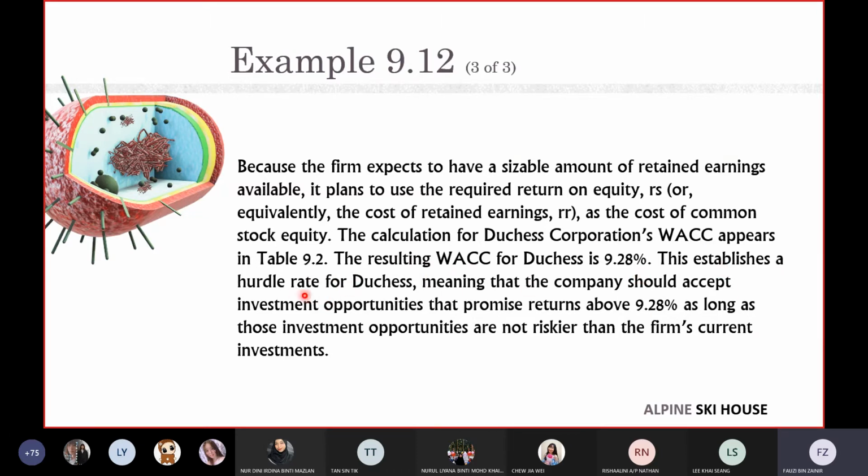So we consider it a hurdle rate, meaning the company should accept investment opportunities that promise returns above 9.28%, as long as those opportunities are not riskier than the firm's current investments. Given that the risk level is reasonable, the company should look for any returns that are greater than